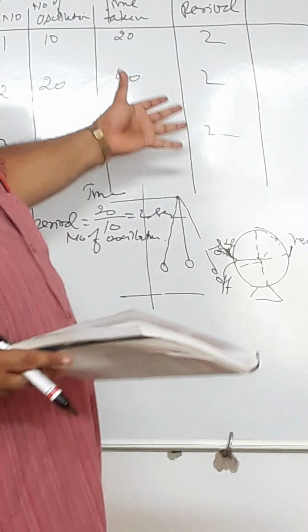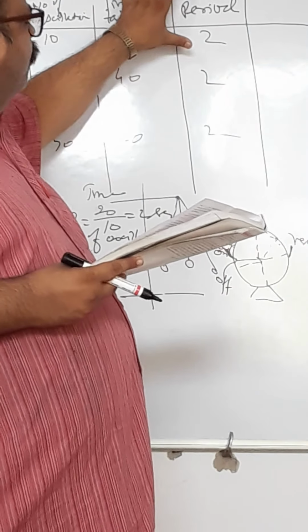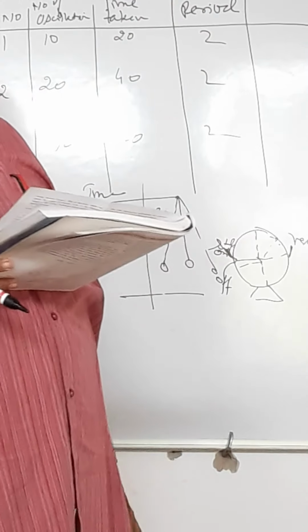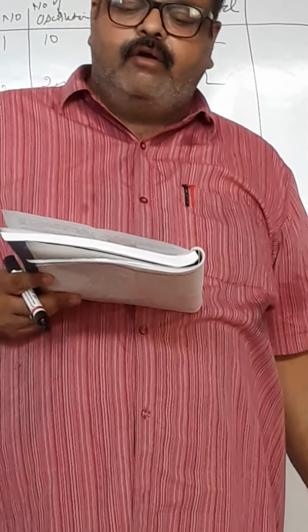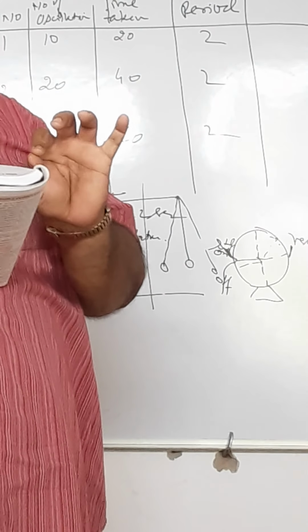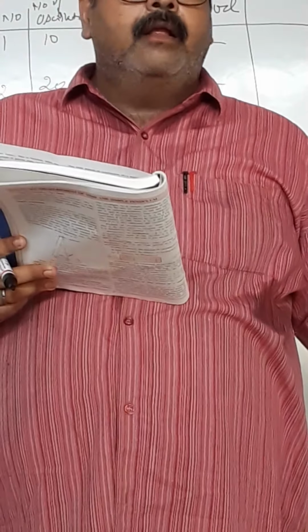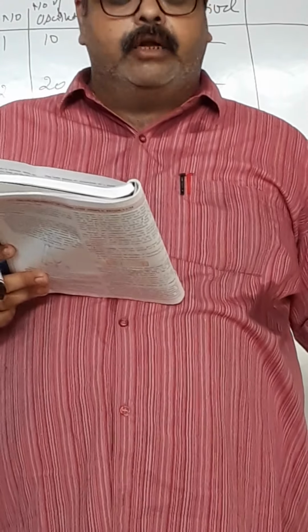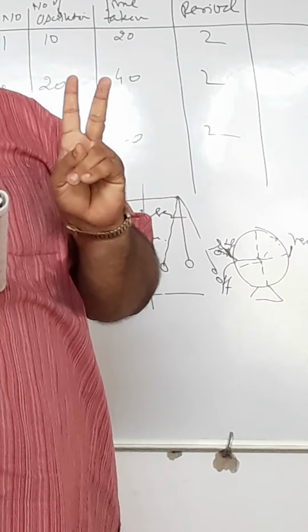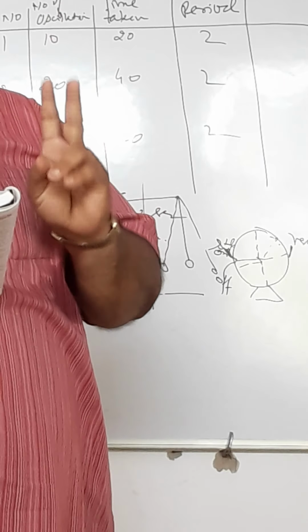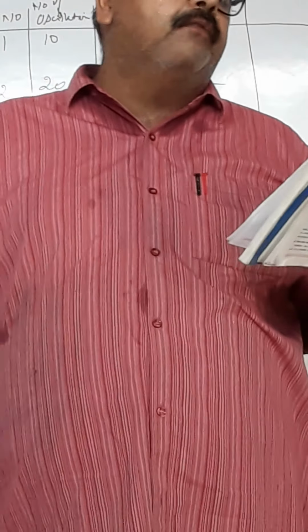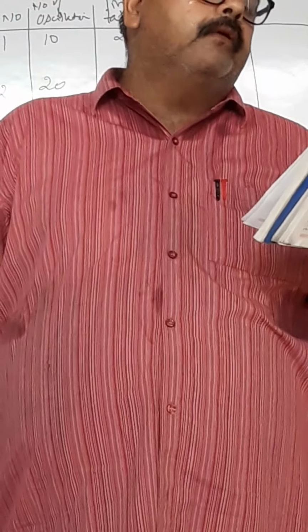This is laboratory work. We will plot a graph, and by the graph we will calculate the slope and the value of g. Clear? By taking the readings in the laboratory. Mark this, this is a laboratory experiment. Previously we have done the vernier and the screw gauge experiments. Now the third experiment is the time period. In the time period we will do 2 experiments. Understood? Now, by plotting the graph we will calculate the slope. For the slope, the formula is 4 pi square upon T square, or the slope of T square.